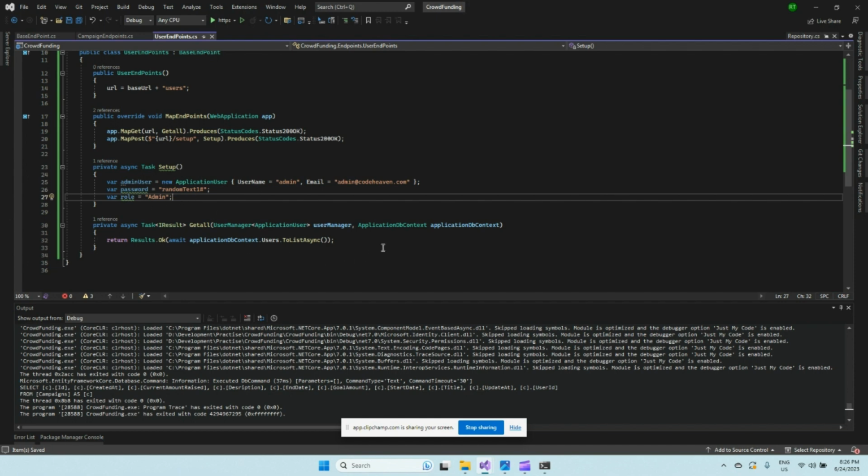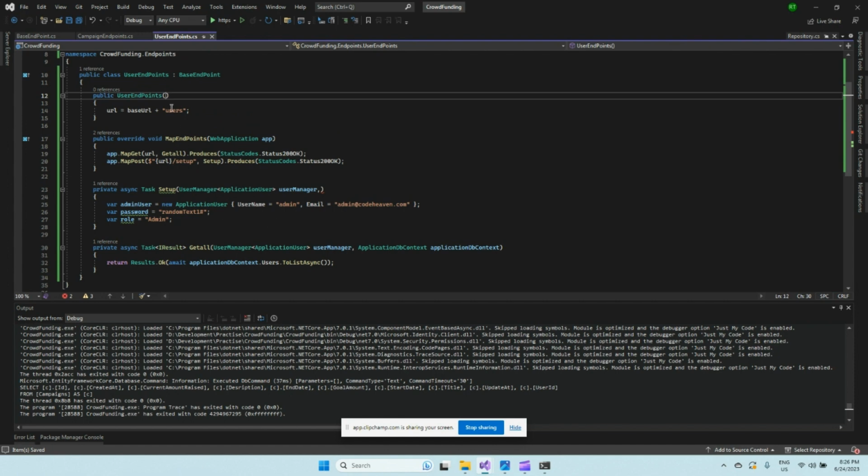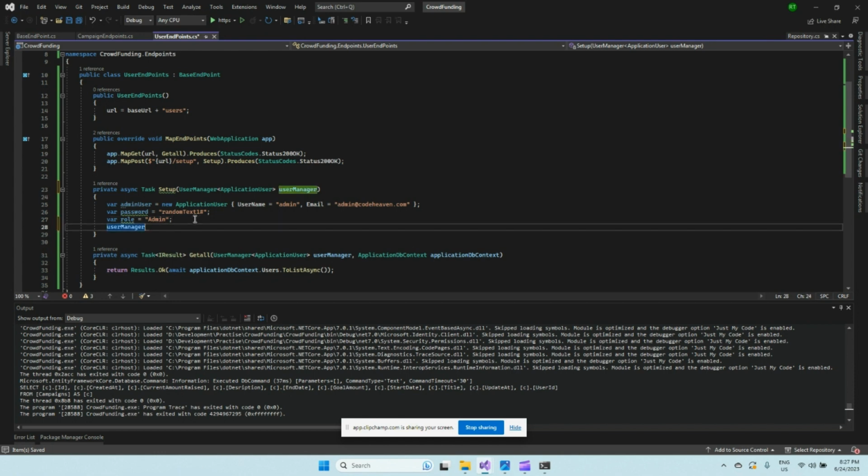and we need this user manager. And you inject this part in here as well. We are doing method injection in here instead of constructor injection. We can do constructor injection as well, but in these endpoints, it's better to use method injection so that this instance will be created only in that place where it's needed. Okay, so this one, and inside the user manager dot